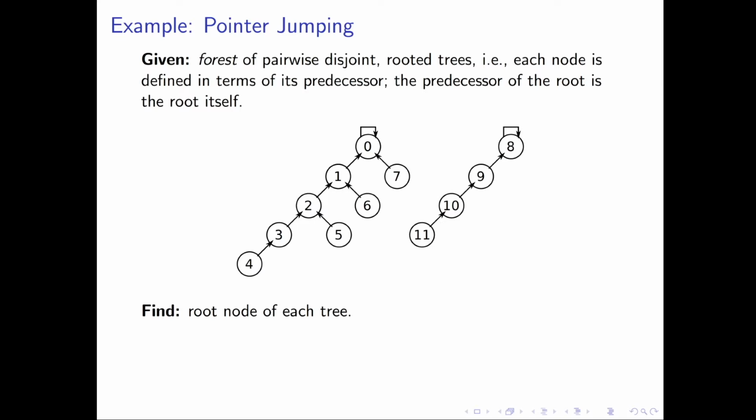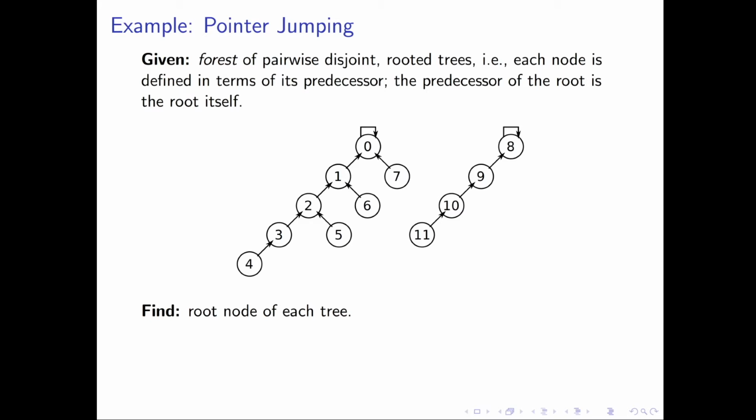the input to the algorithm pointer jumping is a forest of rooted trees. And what does that mean? Each node in a rooted tree is characterized by its predecessor. So each node in the tree stores a pointer to its predecessor, and the root node is its own predecessor. And with the algorithm pointer jumping, it is our objective to, for each tree in the forest, find the